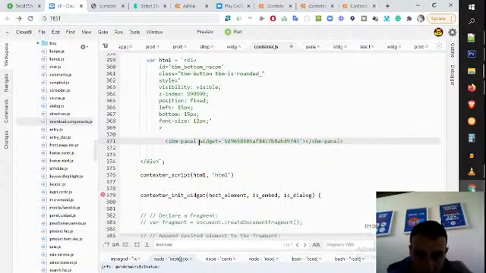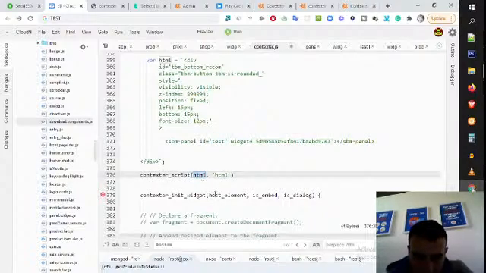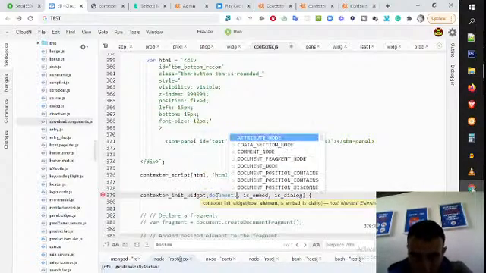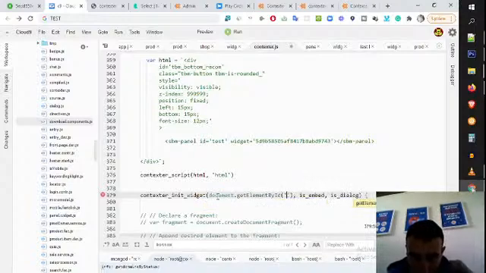So let's make an ID, and the ID will be just a kind of test, and I will get this ID here, document get element by ID, test, dialog false. Okay, now